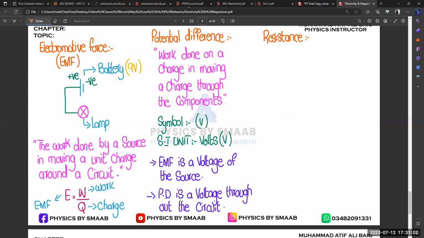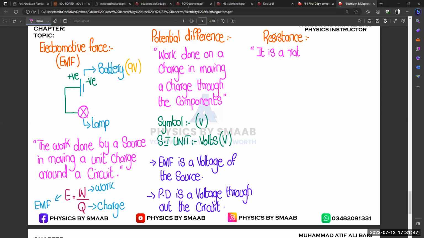Okay. Basically, there are two statements I'm going to write for two different concepts. One is in the definition form, and the second statement is in conceptual form, right? If they ask in the exam, you need to write the definition form, because we are going to define physical, electrical quantities. So first I'm going to write the physical definition form. The first one is basically: resistance is a ratio between